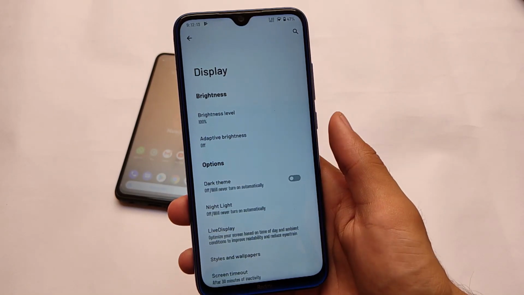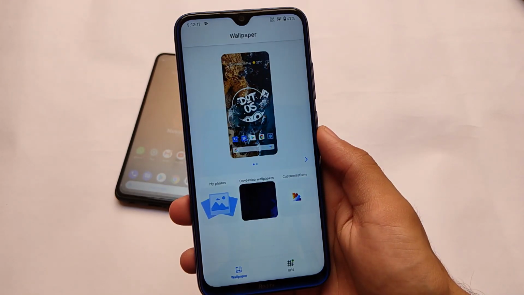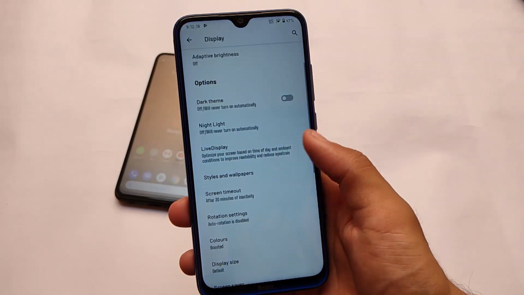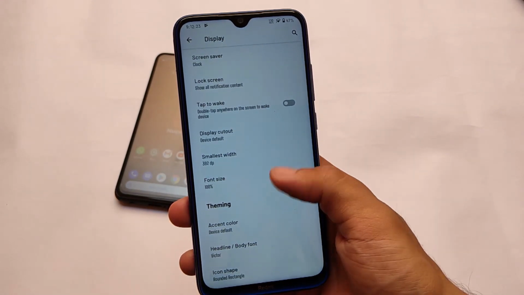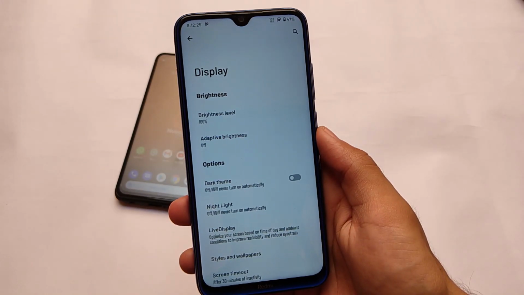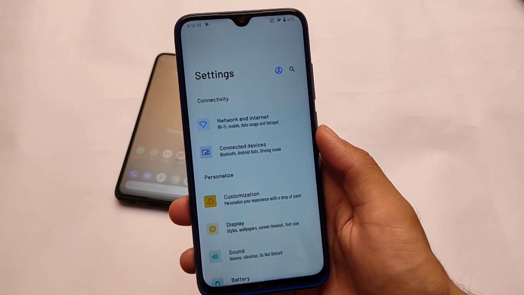Brightness level options etc. is the same kind of UI, and as you can see it also has the same kind of options like Android 12 has, the new fonts, and actually it comes with that Samsung One UI header which you can see at the display settings, display name. Like this, we have set these kind of settings almost everywhere we get here.